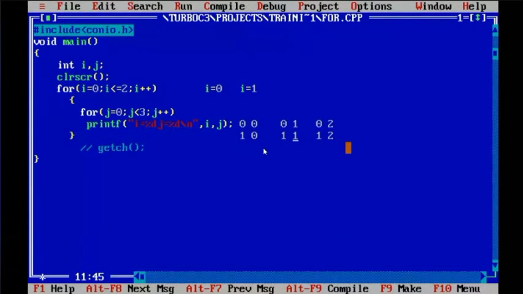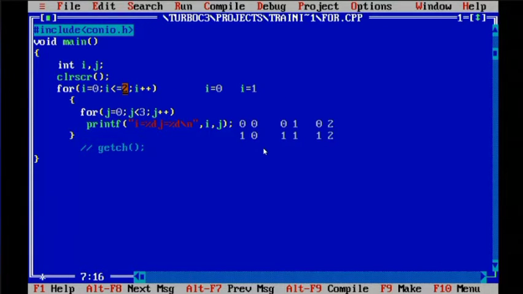Ma'am, in this kind of nested loop, here j's value remains the same all the time. No, the j value did not remain the same all the time. Yes, the j value remains the same all the time. Obviously, because the same j loop you are executing for I value equals to 0 also. For I value equals to 1 also, the same j loop you are executing.